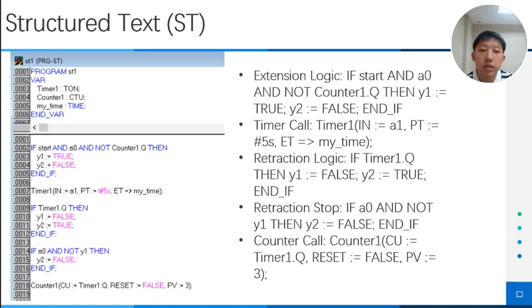Third, retraction logic. The IF conditional statement: when timer 1 finishes timing, set y1 to false and y2 to true, and the piston retracts. Fourth, retraction stops. The IF conditional statement: when A0 is valid and y1 is false, set y2 to false and